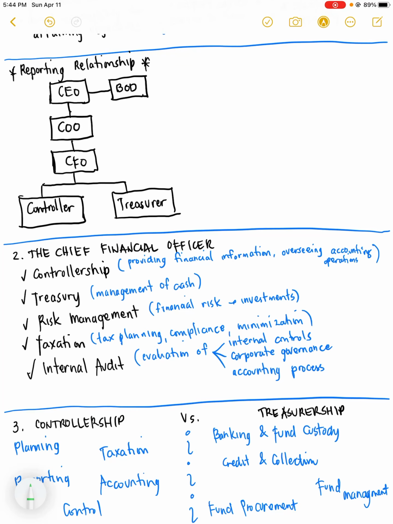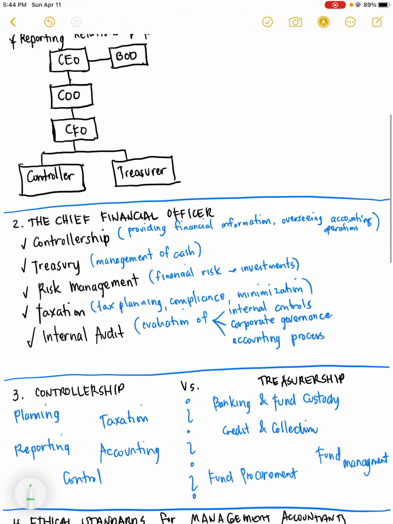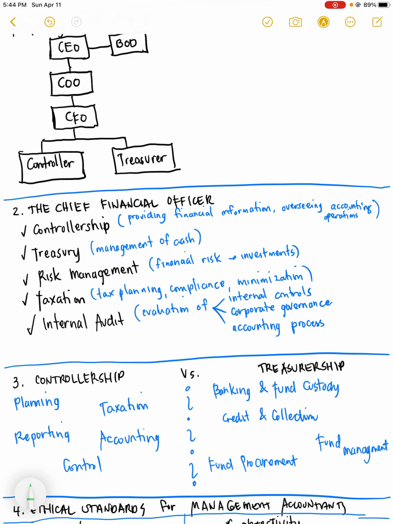Okay, followed by the risk management. Of course, when you decide to invest your funds, you have to manage the financial risk involved in the investments. Among the financial risks involved in the investments are, of course, interest rates and exchange rates. Aside from that, it's also the function and responsibility of the chief financial officer to